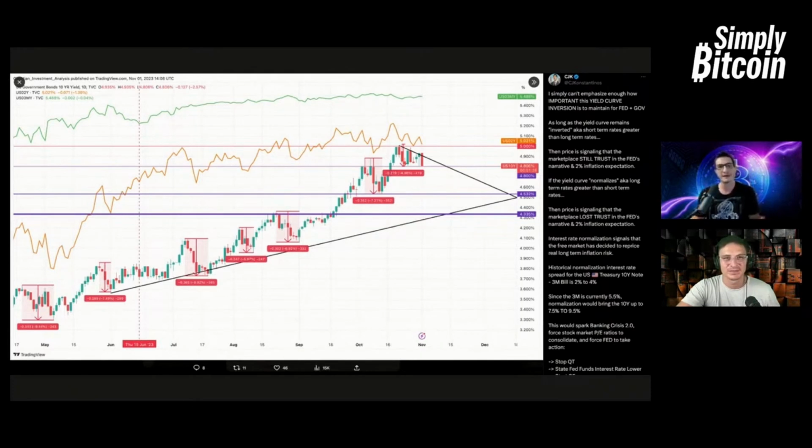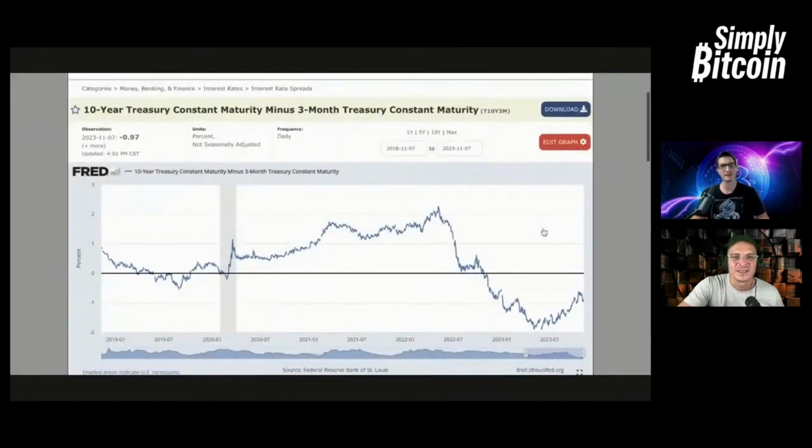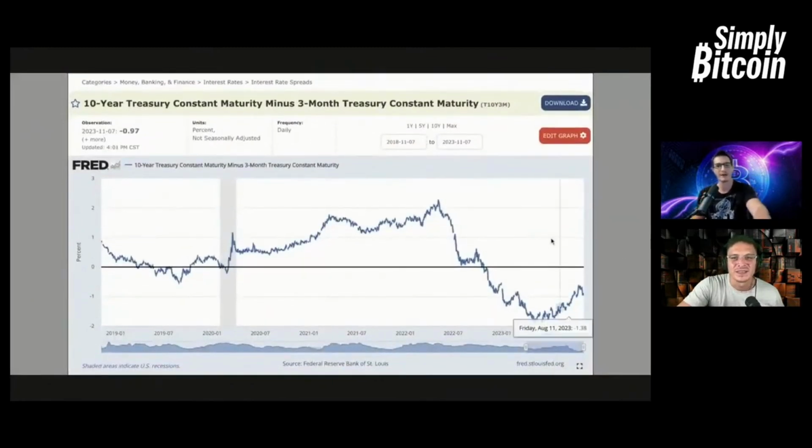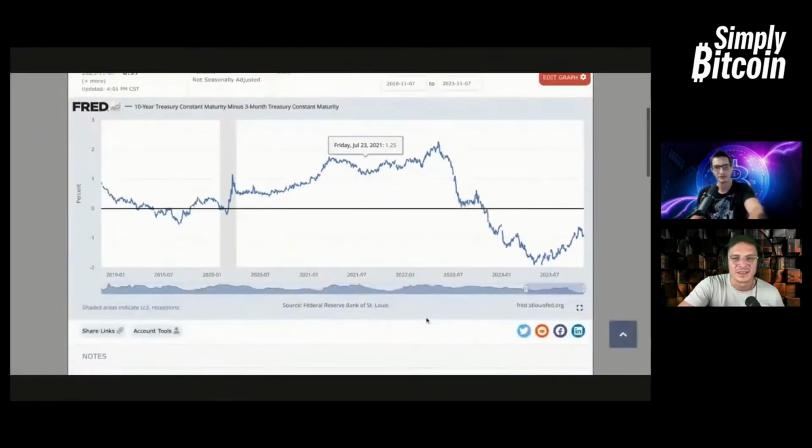What you want to keep an eye on is actually, Opti, I know you can pull this up fast. If you pull up a tab and just type in FRED, F-R-E-D, 10-year minus 3-month, and click enter, it should be the top result. Everybody will be able to at least visualize it and see what I'm talking about here. Because what this chart does, yeah, beautiful. Now just zoom it all the way out, pull that thing at the bottom all the way out.